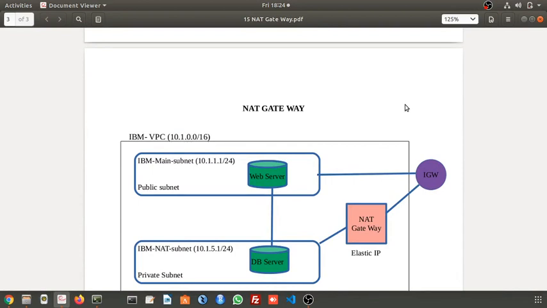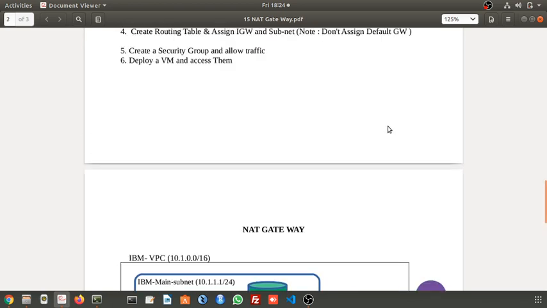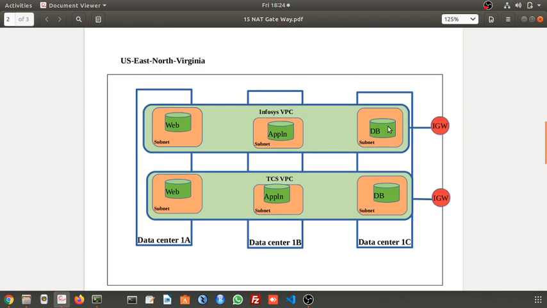In the previous video, we have seen how to implement VPC and subnet. There we have identified one problem, that if all the virtual machines are directly exposed to the internet gateway, they can directly connect from the internet. If there is any sensitive data, that should not be exposed to the internet directly.